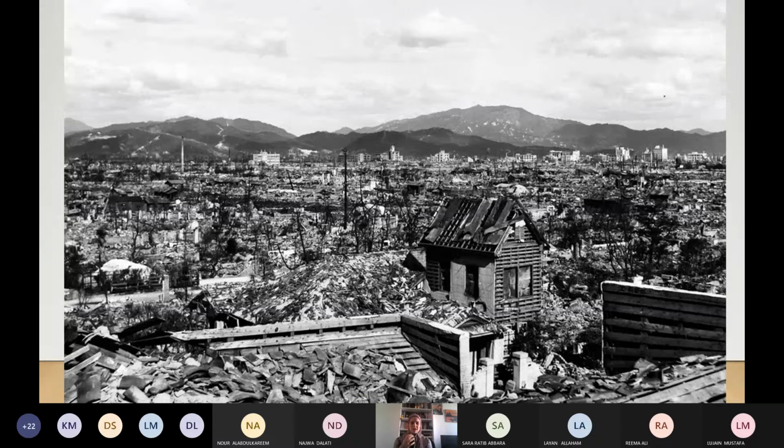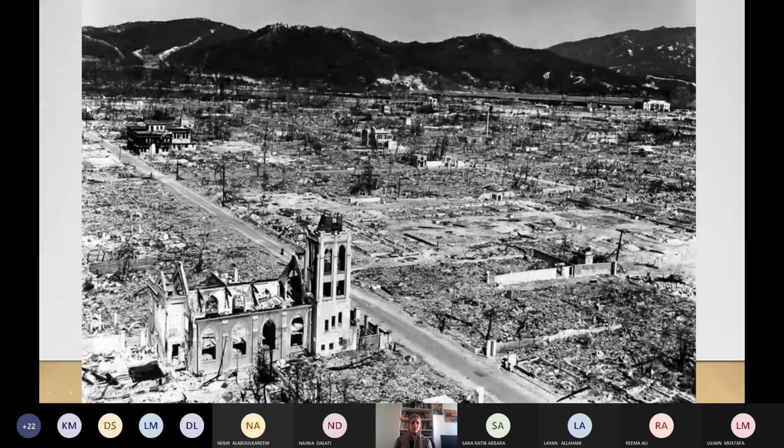The heat of the bomb melted everything. Look, nothing stays. This is a church, I think. Imagine that everyone in the church has been melted, like a candle, like wax.